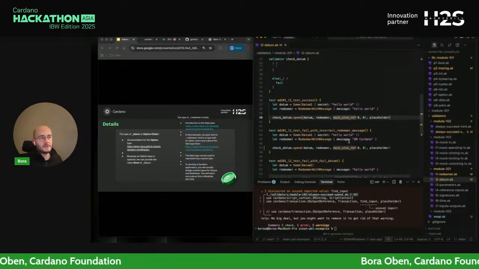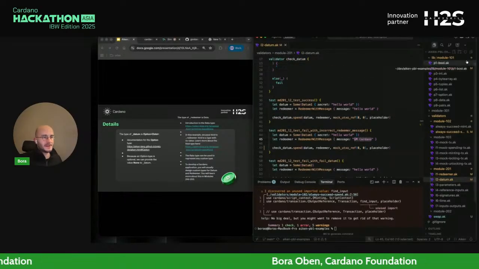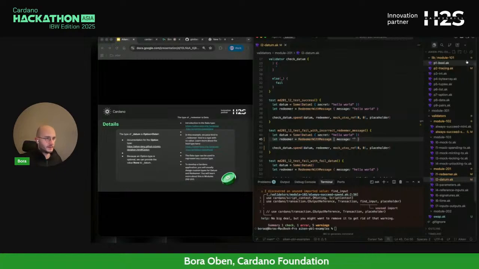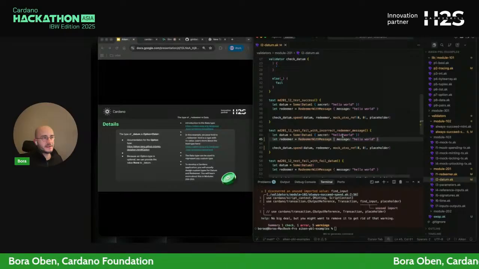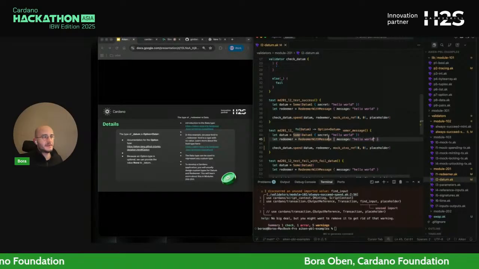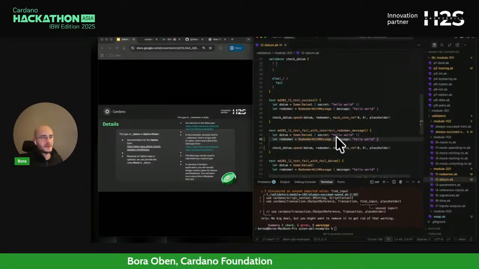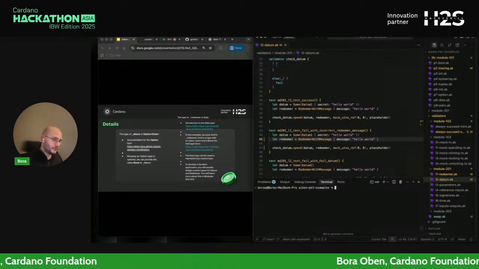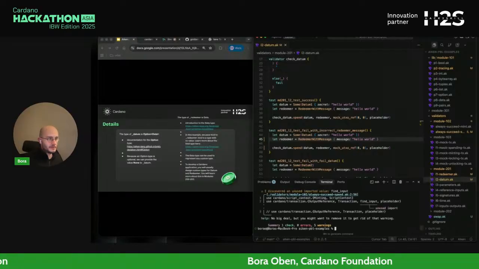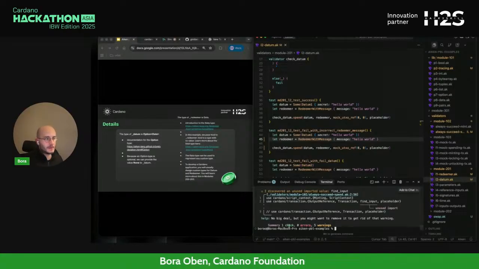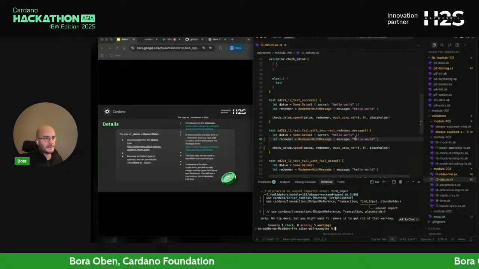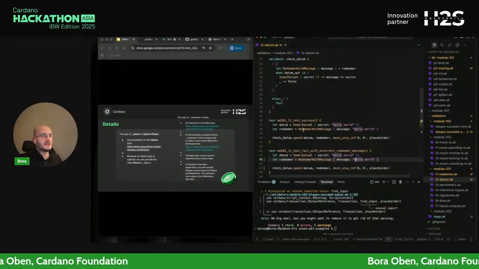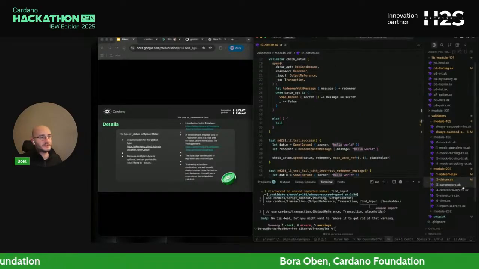So if in my test I also swapped the message I wrote, GM good morning Cardano, to hello world, because in this test that is what was written into the datum, and my redeemer's message matches that, the test should evaluate correct or true. So I will run it again, and this time it will work. Yes. So the test is passing because now they are matching. And this is in line with what was written out in the smart contract.